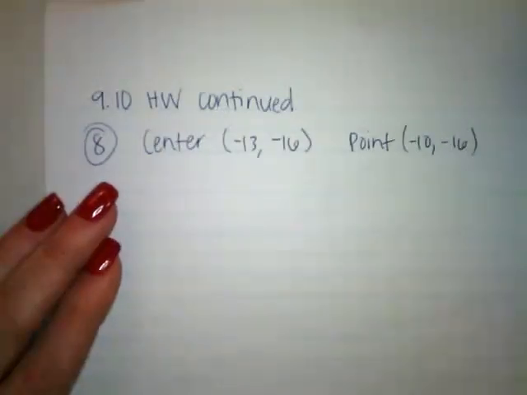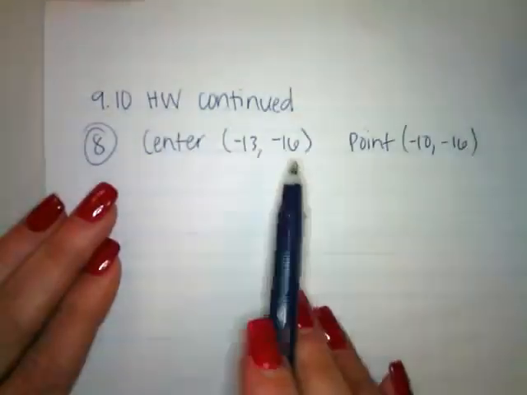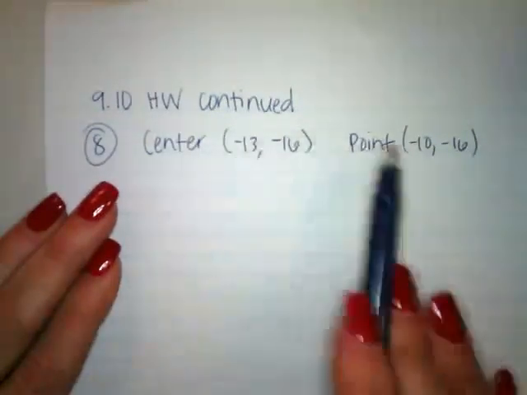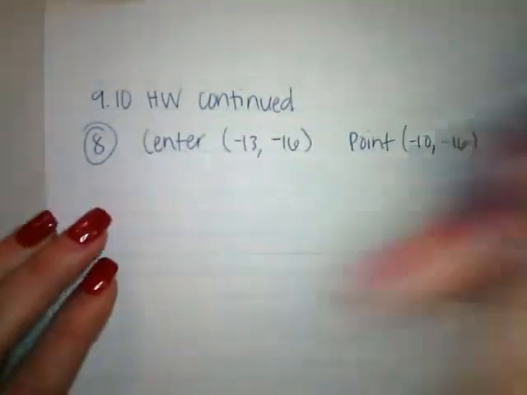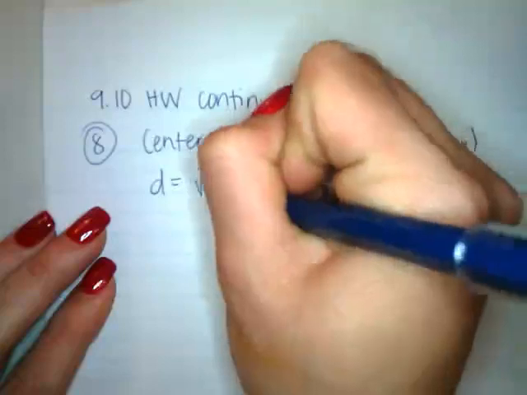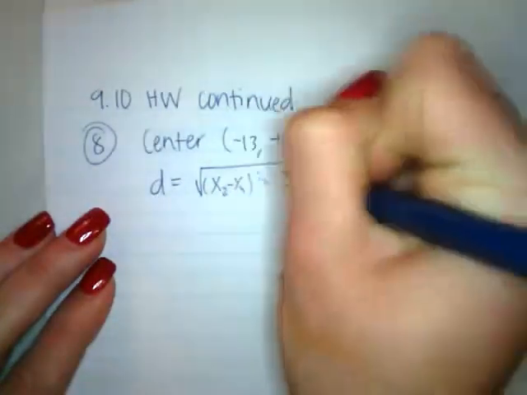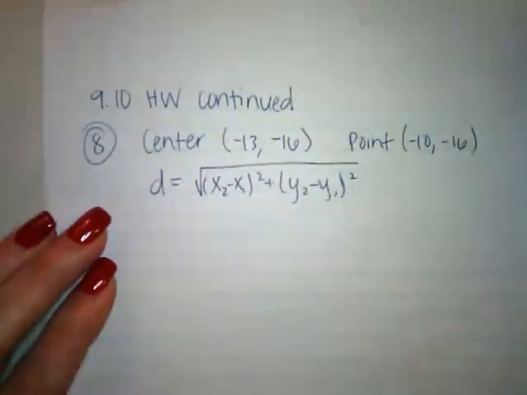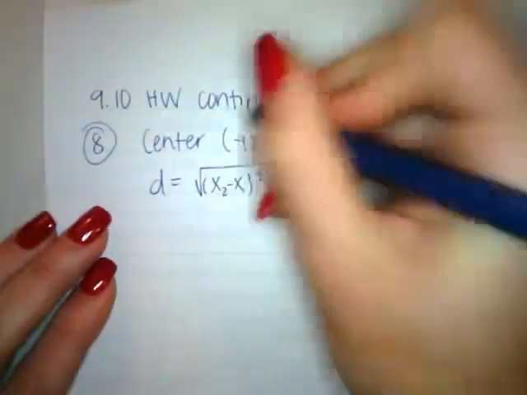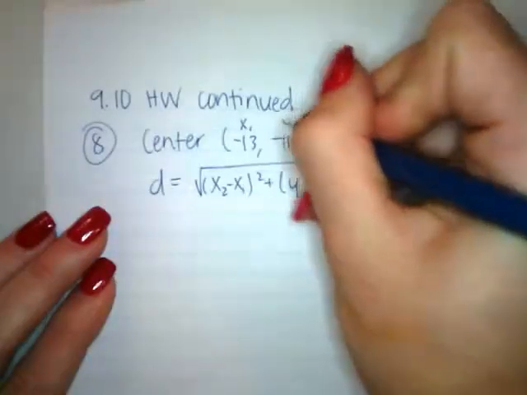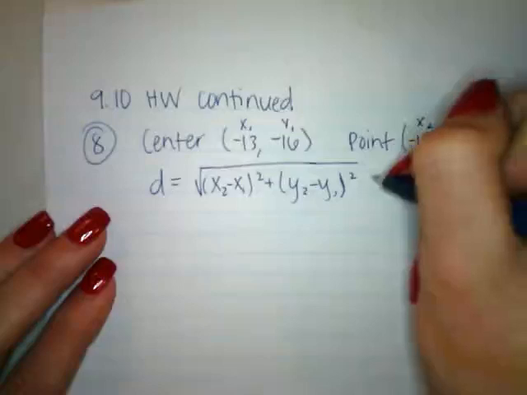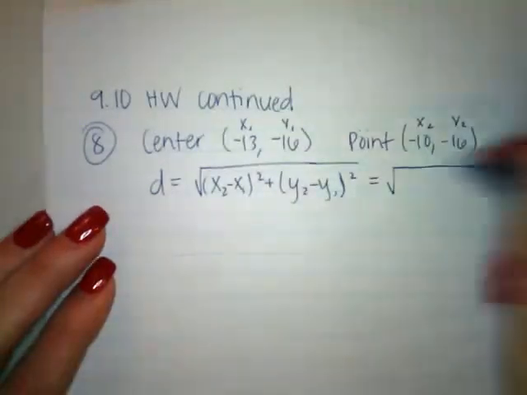and the radius. Well, we can actually calculate the radius. The radius is going to be the distance in between the center and the point on the circle. So we can use the distance formula. Okay, this will be my first set of x coordinates, my first x and my first y. My second x, my second y, giving me